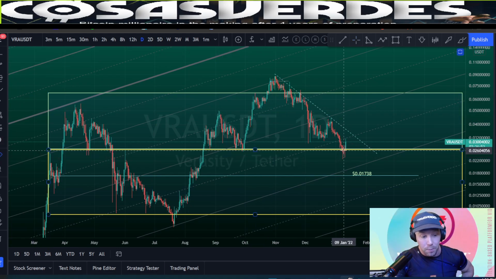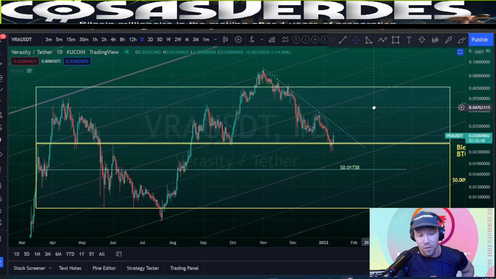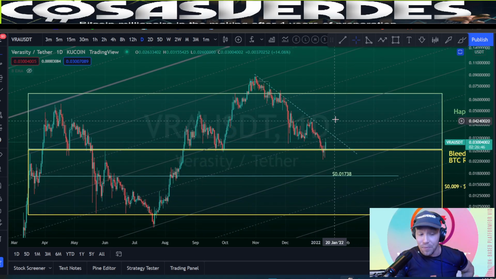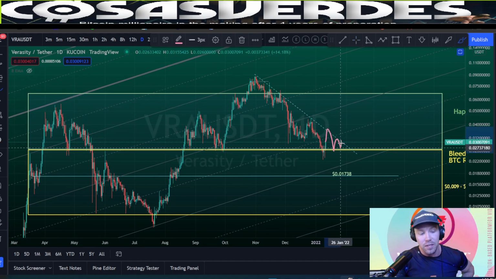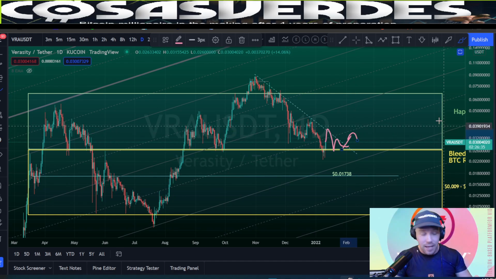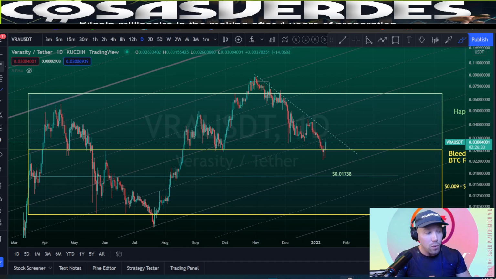So from the point it hit the bleed box right here, if it hits in a couple days, that's 8 days for a 40% move if it wicks above. That would be how I'm playing this. And then after it hits that, once it comes down, I would be looking to reassess. What might happen is if it breaks out of this triangle, the next thing that Verasity would probably hit would be something more like a horizontal, or maybe I'll make a box here. It would probably hit somewhere.